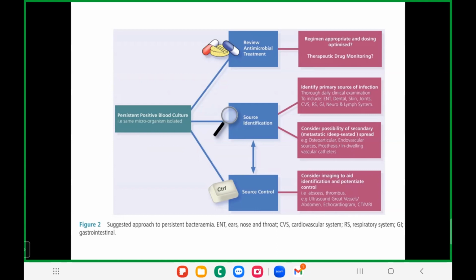Then we need to review the antibiotic treatment: whether I am giving an adequate dose, whether I'm able to achieve adequate serum concentration. Whether I need to optimize the drug dosing, whether drug monitoring is needed, whether my child is not able to get adequate dosing and adequate therapeutic concentration. That's what you need to think. And whether I need to change this antibiotic, whether maybe in vitro it is working, but in vivo it may not be. So I need to optimize the appropriate regimen and appropriate dosing. If they are still not responding, you can address therapeutic drug monitoring.